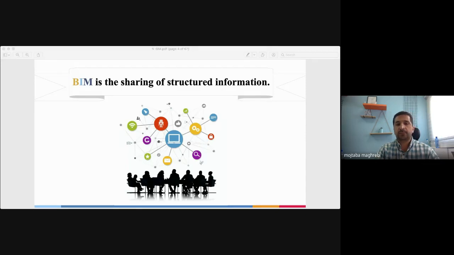BIM is not a map, it's not a drawing, it's a file. It's a database. And when we have a database, when we have digital assets, it is much easier to expand it, share it, and work collaboratively on these items.